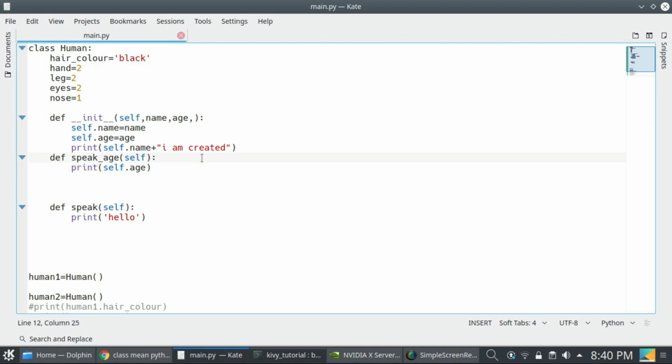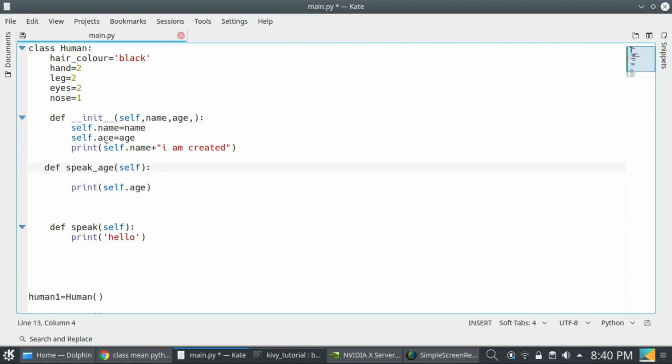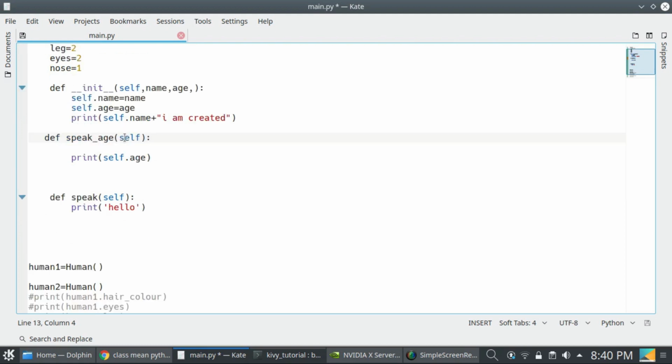Here, viewers, see here, when your object is created, this age will be initiated, and I can access that age in the speak age method. The scopes are different, but we can access it as we have the self object, it is your own object. So they are connected.